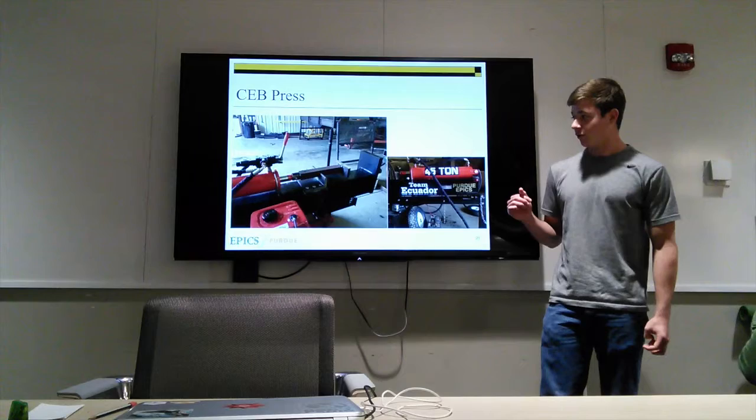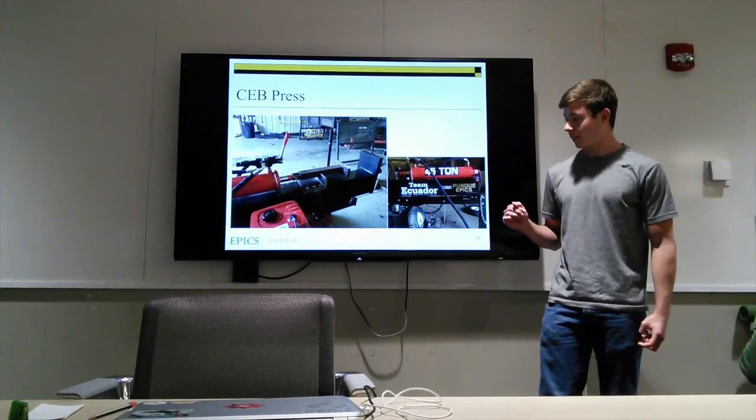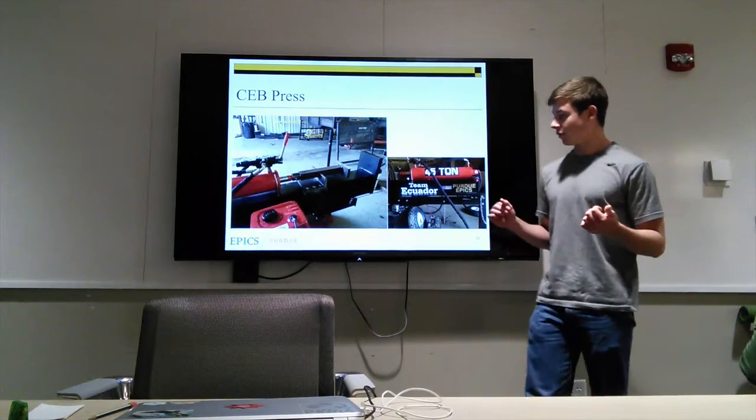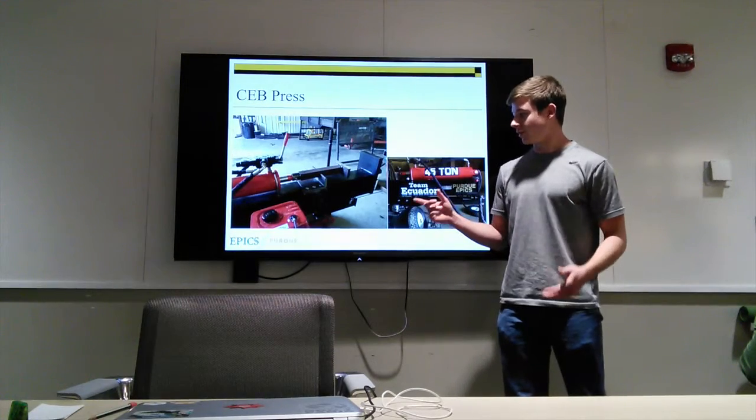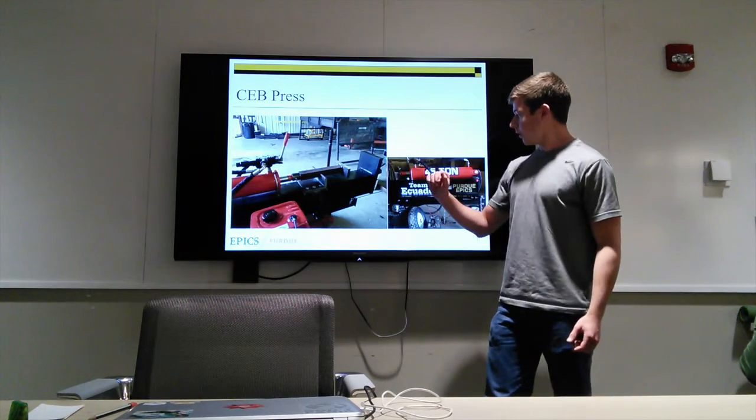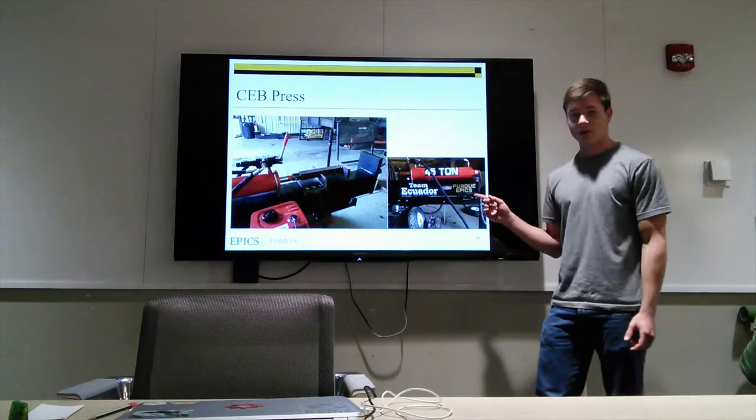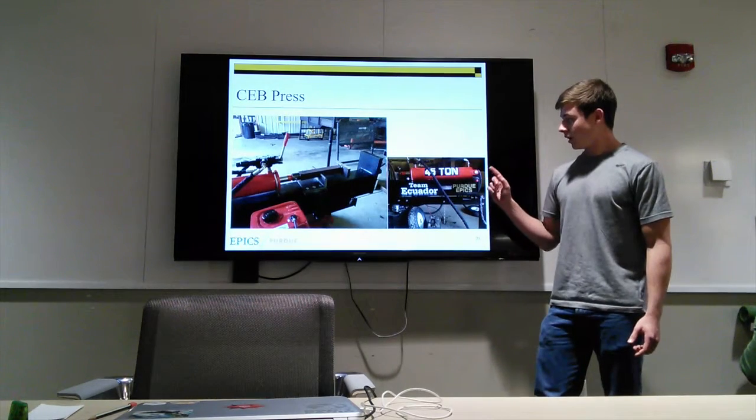So this is what we have so far, and actually as of our Wednesday lab, we'll have made slightly more progress on this. But what happens is we have this right here, a hydraulic log splitter, and it